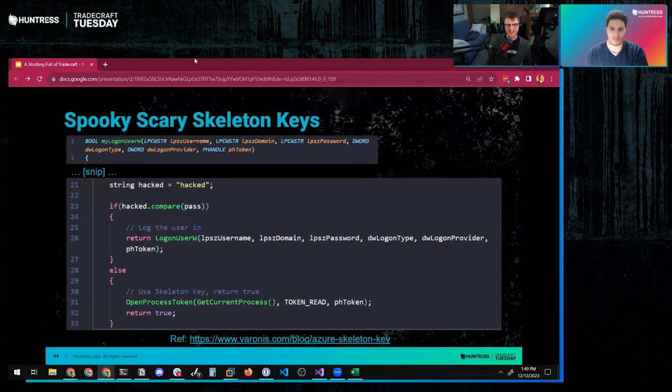That means that if you have skeleton key patched the environment and you're allowing a string of hacked or Mimikatz or maybe no password at all to authenticate, you're now opening up, because this is Microsoft 365, this isn't an on-premise location anymore, you're opening this up to allow anybody on Earth, save for some kind of conditional access policy or geofencing or something like that. You're basically allowing anybody access to this skeleton key. So if the string is hacked and you tell your friends that the string is hacked and they put that in as their authentication, well, guess what? Ding, ding, we got a winner. Or if there's no string at all as well.